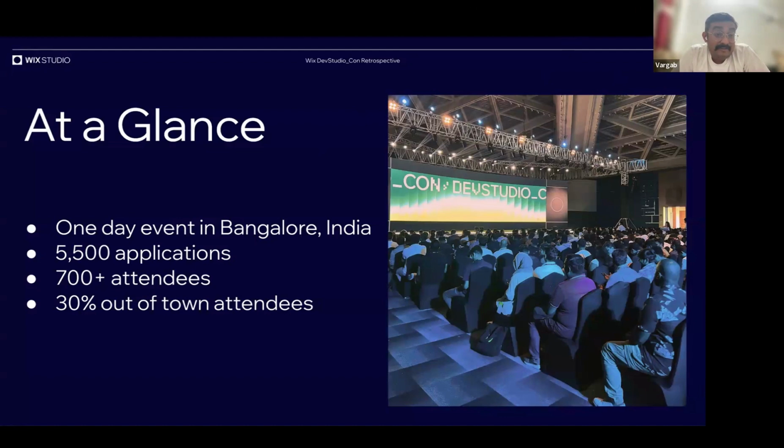We had about 5,600 applications almost at the end of it. Even when the event was going on, we were getting like 25 applications every hour. So that's how much FOMO we had created, that people desperately wanted to get into the event. We were able to get in about 700 people, some of India's best agencies and IT service